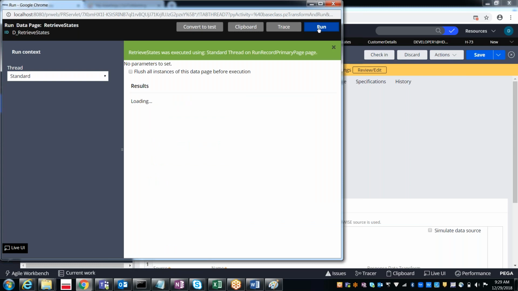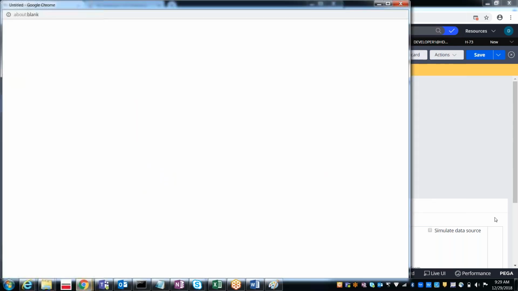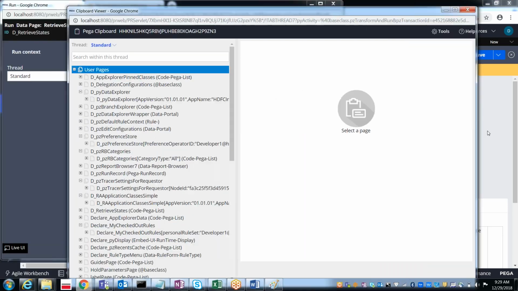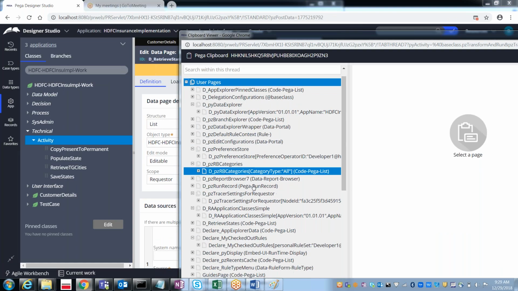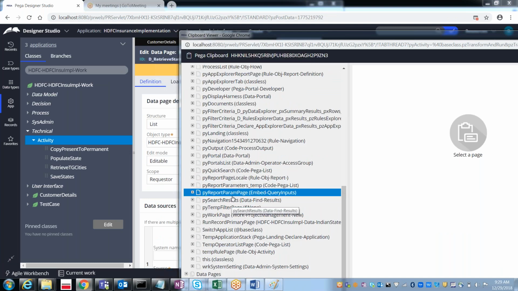Okay, now run. Now go to clipboard. Right now, what kind of data page is it? Is it read only or editable? Editable. So it will be under the user pages. d_retrieve states.